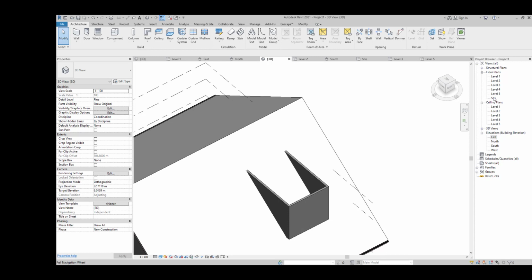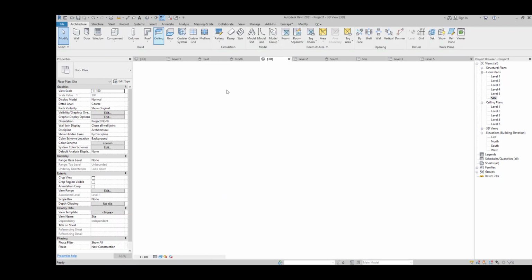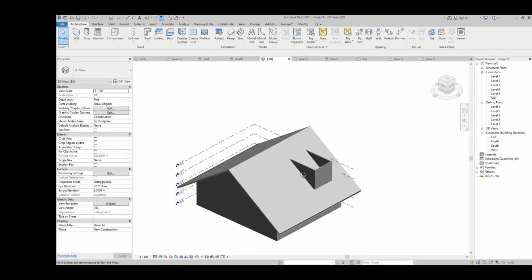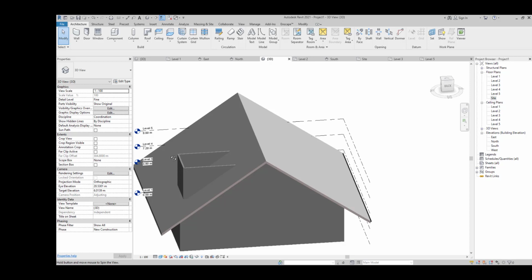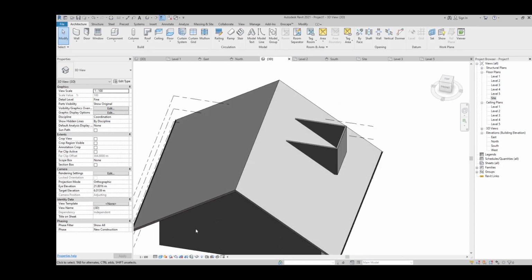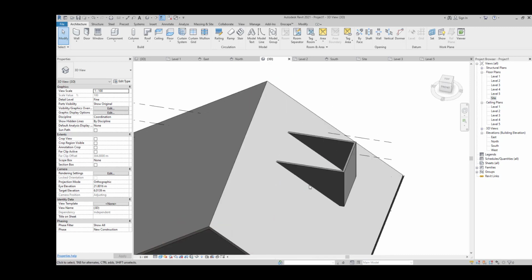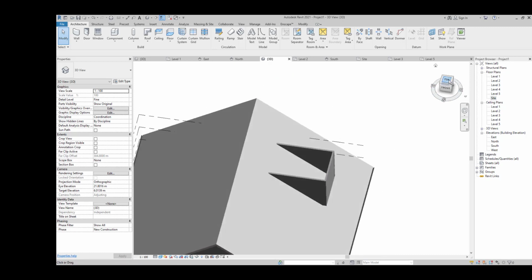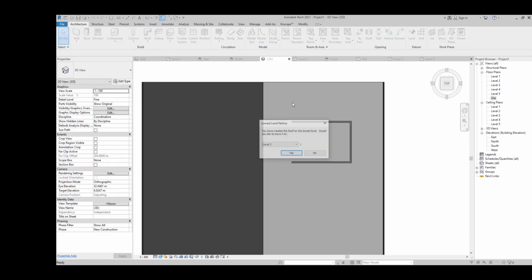So I'm just going to the side and delete this one because we don't need this one, we just need these 3 walls. If you want to create a room, we need that wall. But if you want to create, for example, a lighting space for your main space, you don't need that wall. We are going to consider both right now, but right now I'm going to create a roof as well for this element, roof by